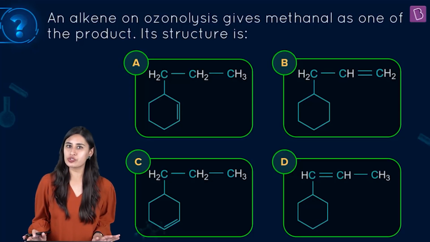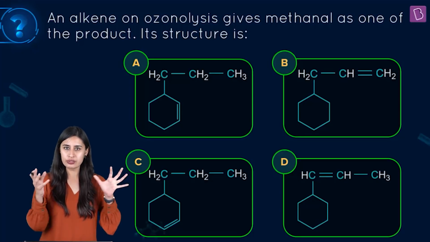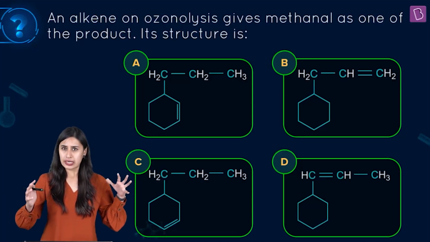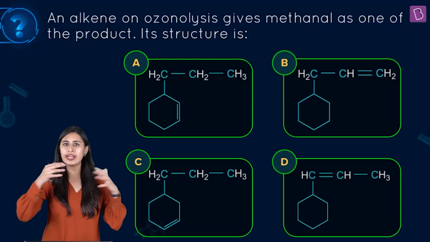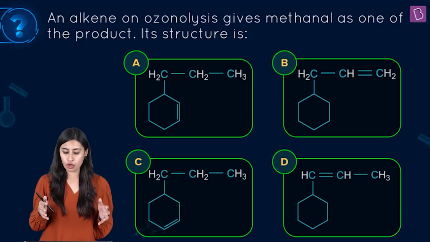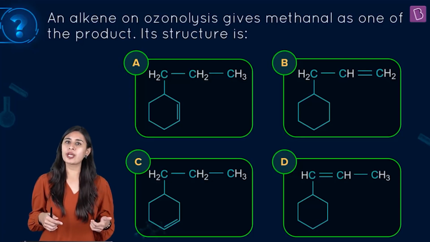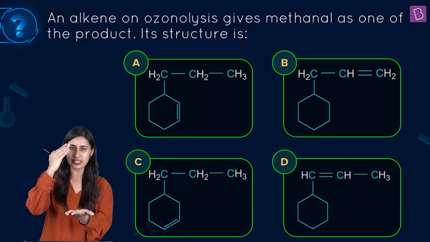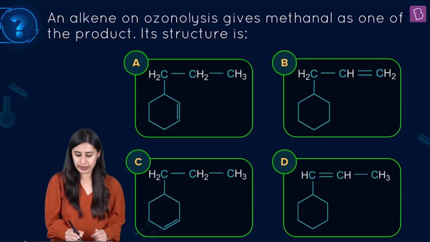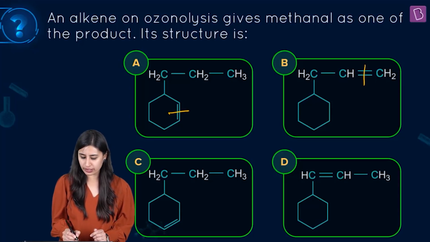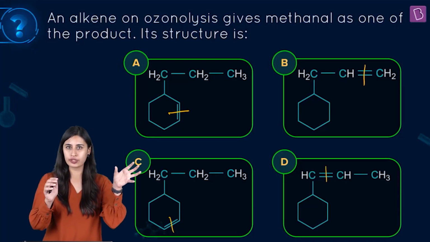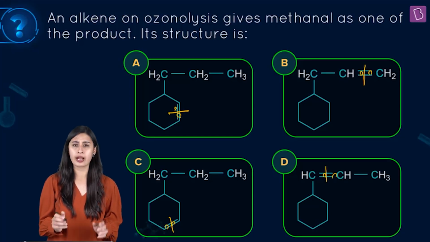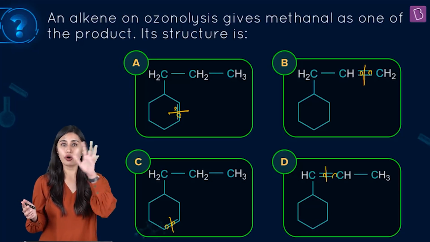So I will also give you a trick here. The question is very simple. We will also look at the mechanism of ozonolysis here. The question talks about basically going retro. The 4 options are given. In all 4 of them, you would have to do the ozonolysis. You have to do the lysis. Lysis means breaking. And if you break, all that you have to do is put oxygen there, right? At both the places of the double bond. Here, here, here, here. And the question is about which of the 4 options.